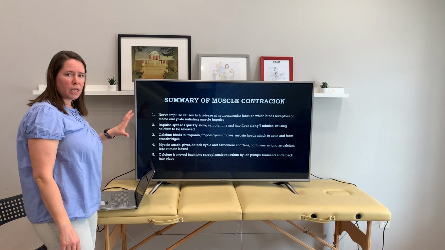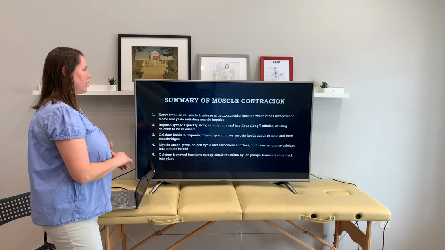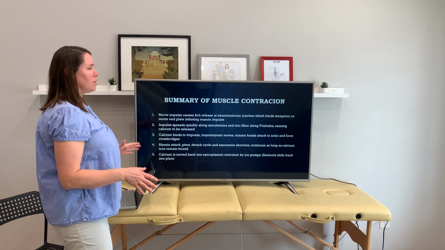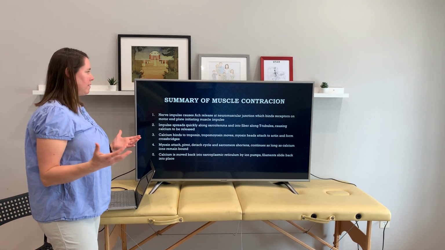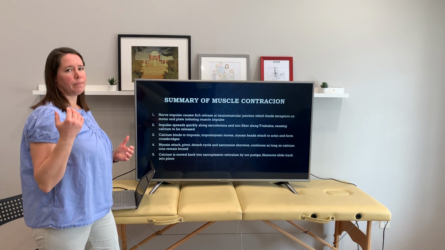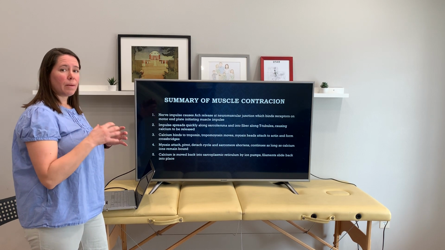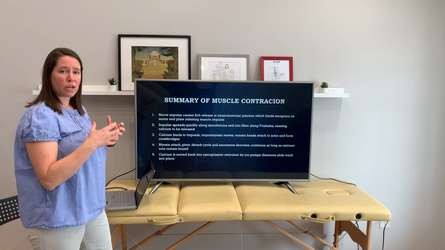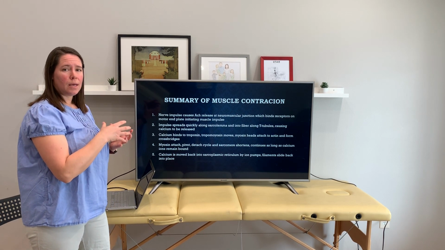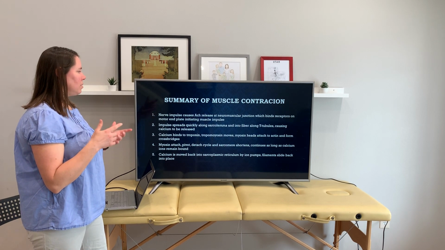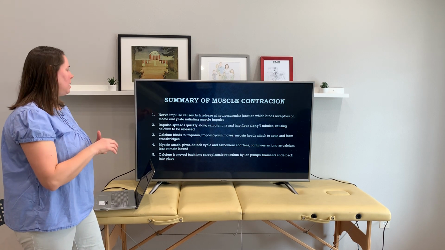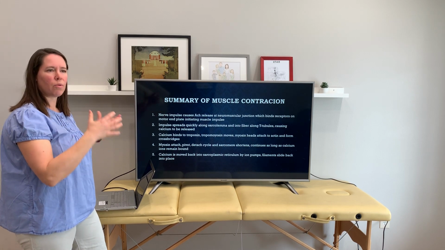Okay, so a little summary here on how a muscle contraction works. Again, don't get bogged down in the physiology of it. If you just remember the basics of the process, you have that nerve impulse coming, that motor unit, that nerve comes in, acetylcholine release, that neurotransmitter, and that binds on the motor plate, and it releases the calcium. The calcium binds to the troponin, and that moves the tropomyosin out of the way, and then you can